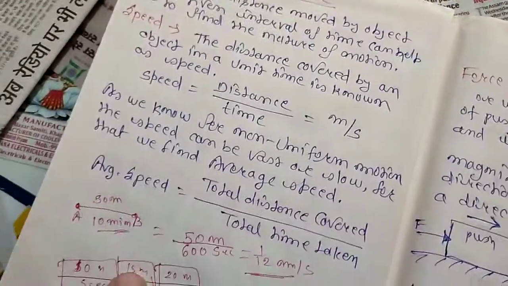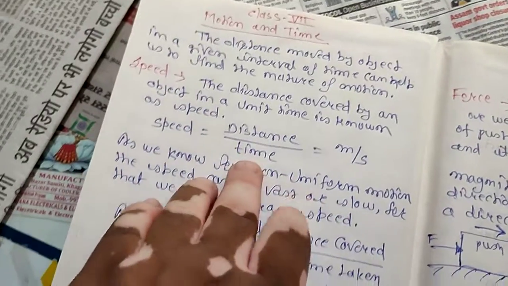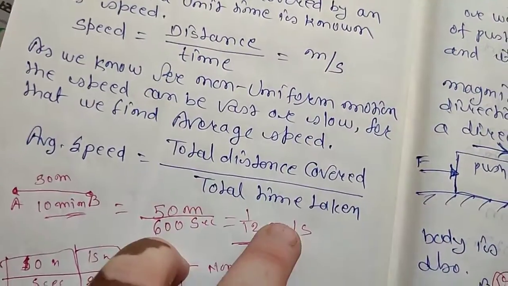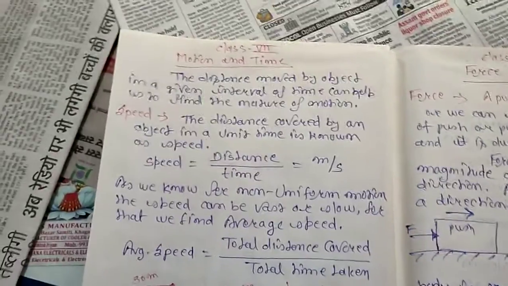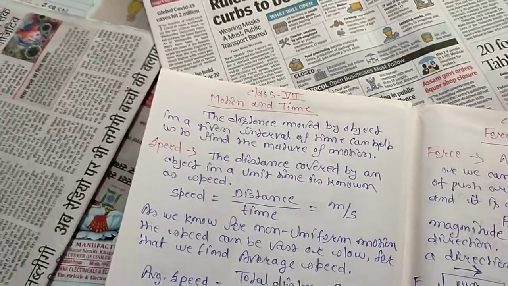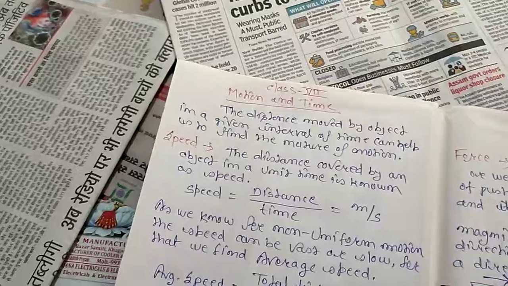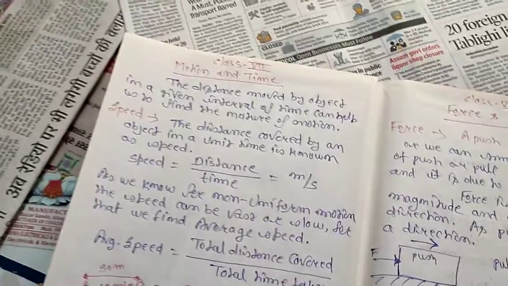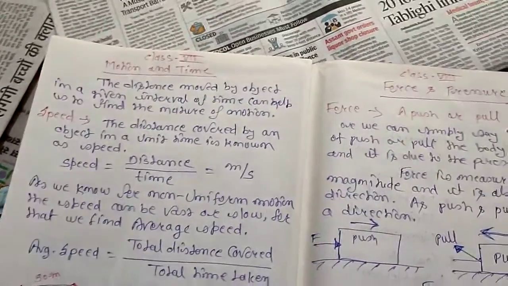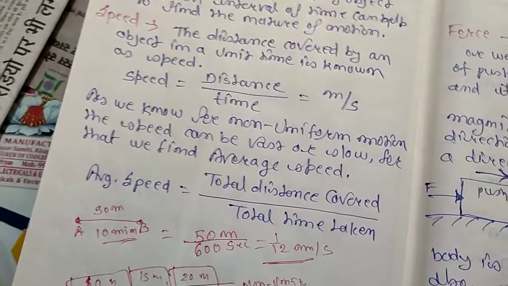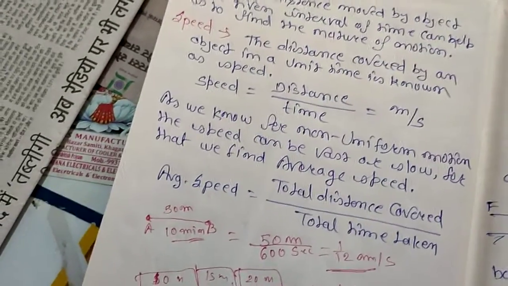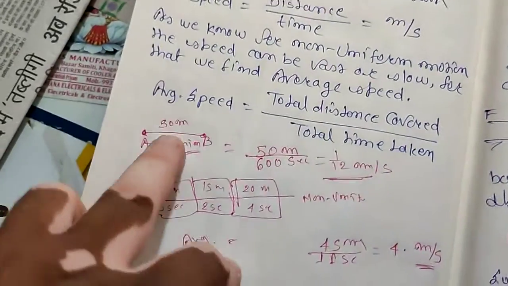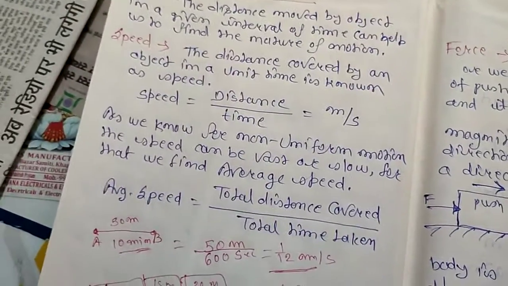You can see these terms are completely dependent upon time, and this is also the heading of your chapter, time. The study of motion cannot be done without the help of time. Here the two very important portions are distance and time. In the next classes you will study the details. First we have to understand the speed and average speed. This is the formulation given in your chapter, and this formula will help you to solve numericals also. In your book you can find numericals in solved examples as well as unsolved examples.